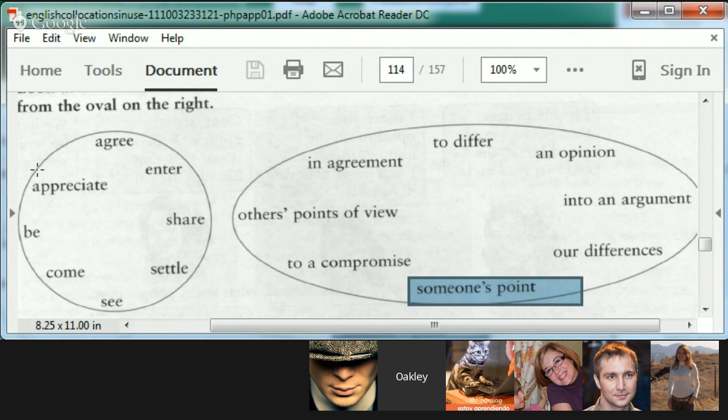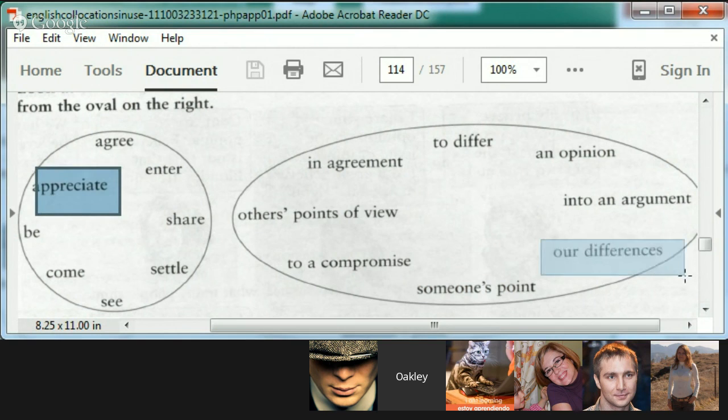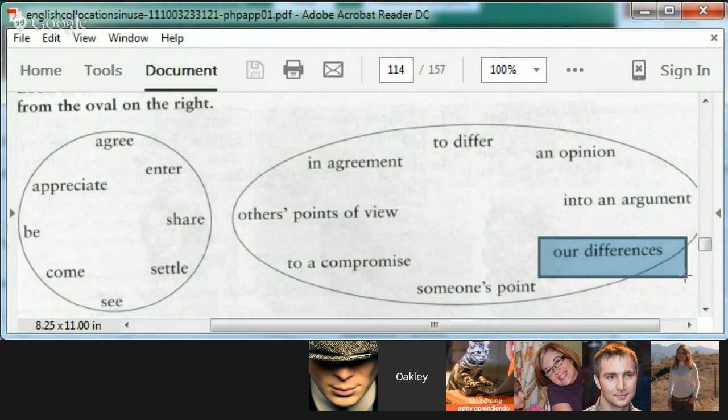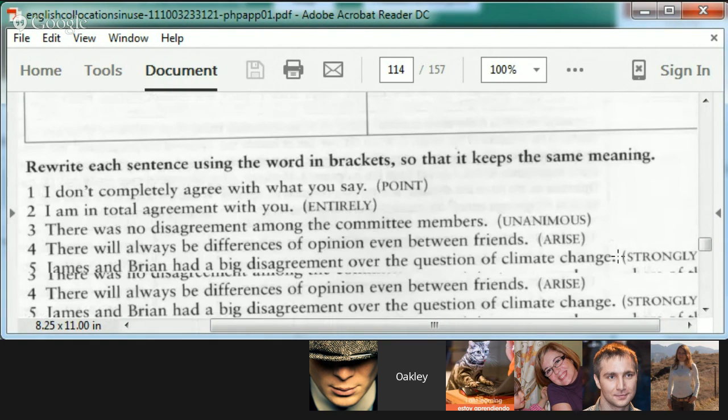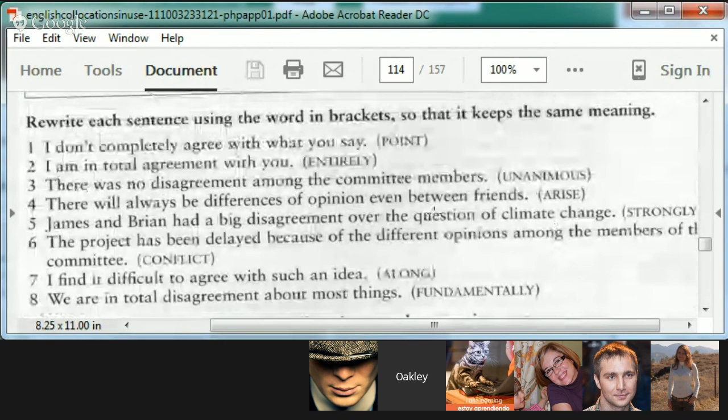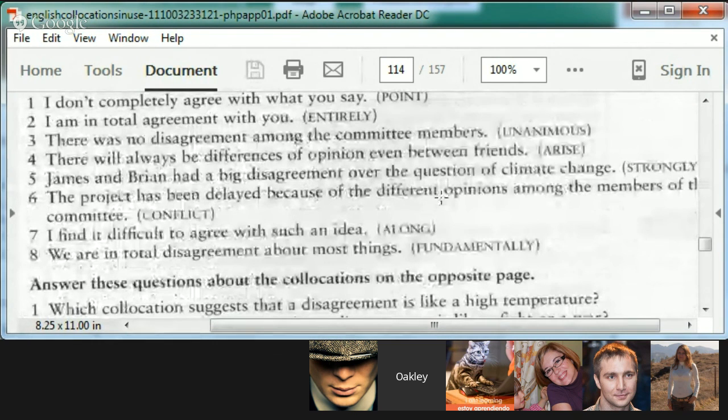Actually, we did not talk about this, but you can appreciate your differences as well. Okay, yes. I appreciate our differences, meaning I understand them. That's interesting. If you're actually telling somebody I appreciate our differences, you're saying I understand our differences. You usually would only bring that up if you were wanting to actually make some compromises or talk about them. Okay, we only got like a minute left.